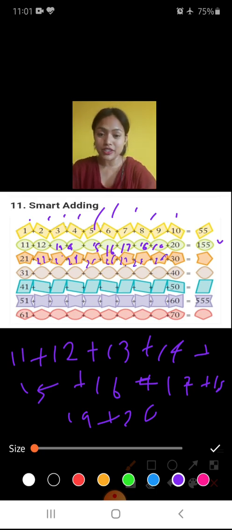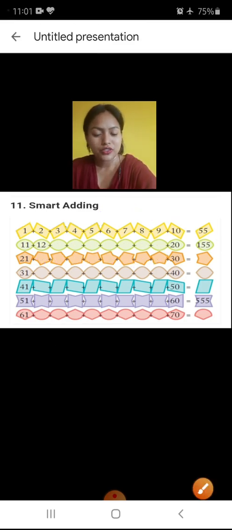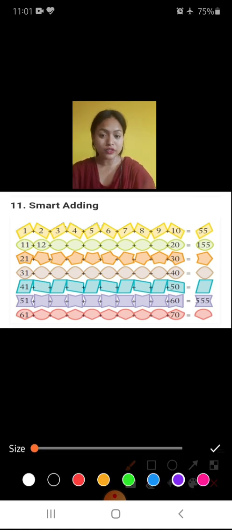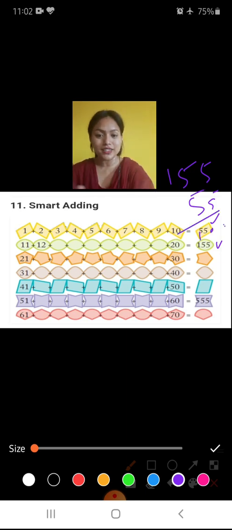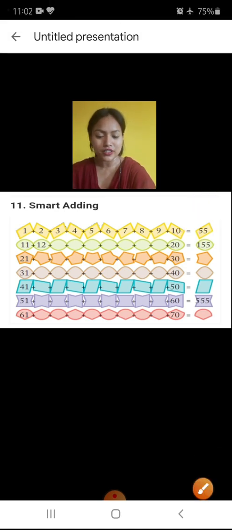So what will be the addition of all these? Can you do the addition of these? If you do it, it will take time, but I'll tell you a trick with that. You can do it within a minute or seconds. Now see very carefully. The first one is 55, the next one is 155. So what is the difference? 155 minus 55, what will be the answer? 100. Means between both the two lines, a difference of 100 is there. So we will take the difference of 100 only.